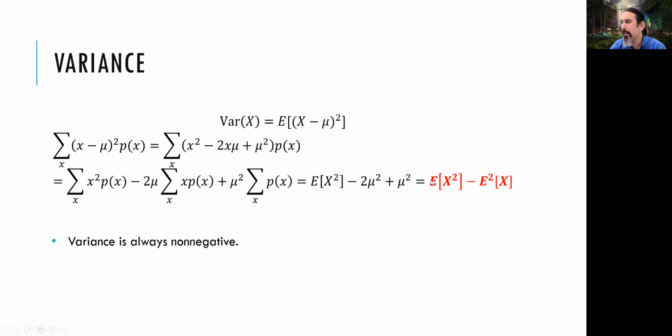In this formula, we are looking for two things. The first one is the expected value of x square, which is a bit harder to calculate. And the second one is the square of the expected value of x, which is easy because most of the time we know how to calculate the expected value of x with a formula. Not always, of course, but it's a bit easier compared to the first term. Now, using these two, we can calculate the variance.